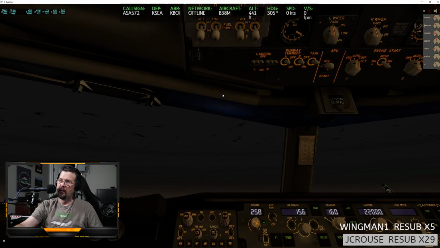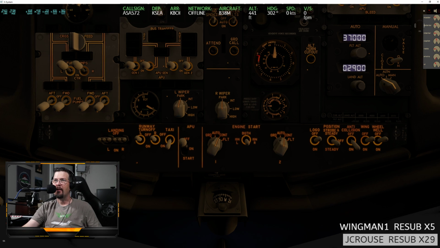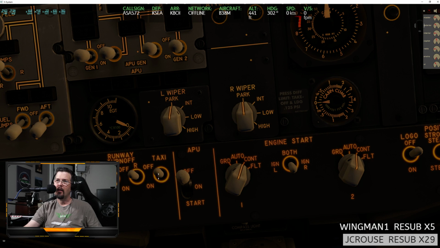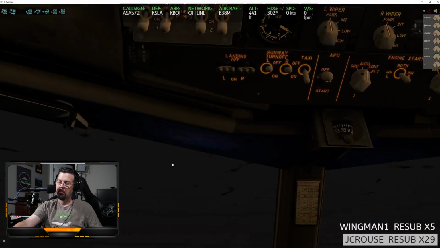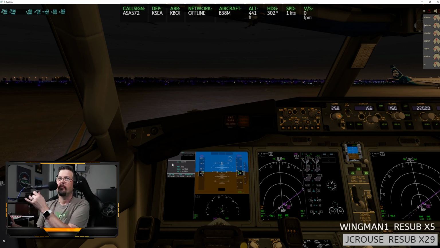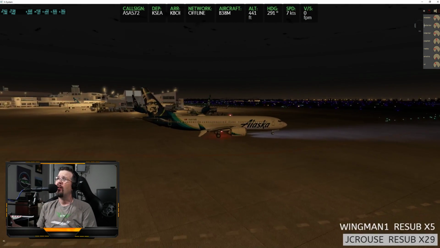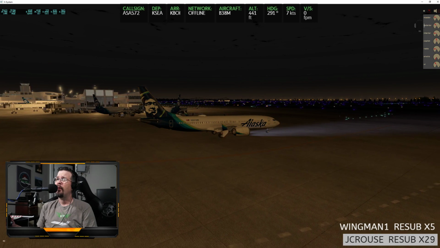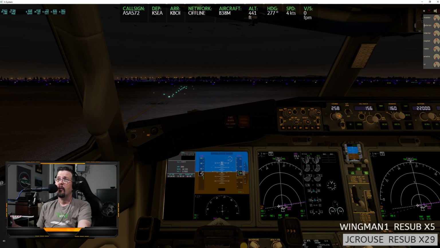Yep. Yeah, taxi light on. Ooh, look what just happened. When I click the taxi light, look what happens to the landing light. That's kind of weird. All right, let's go. I got some weird cloud textures up above. It's kind of weird. All right, we're coming out of spot